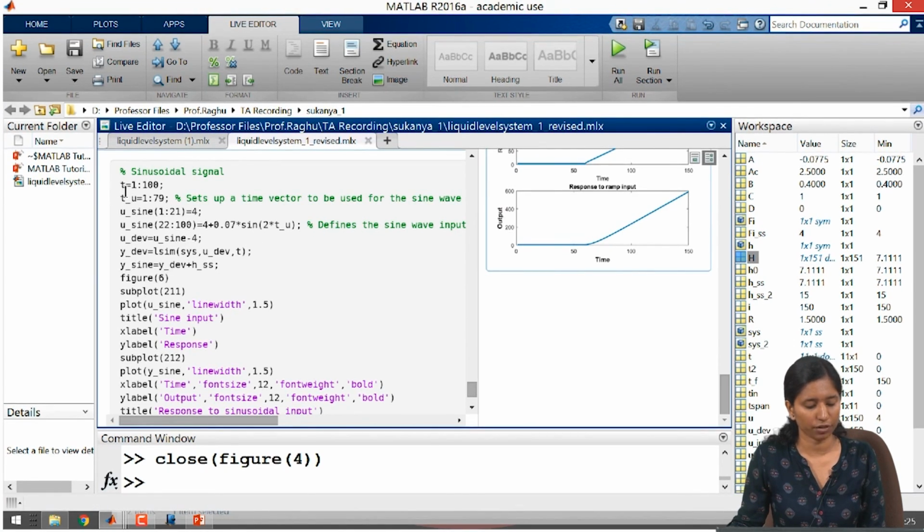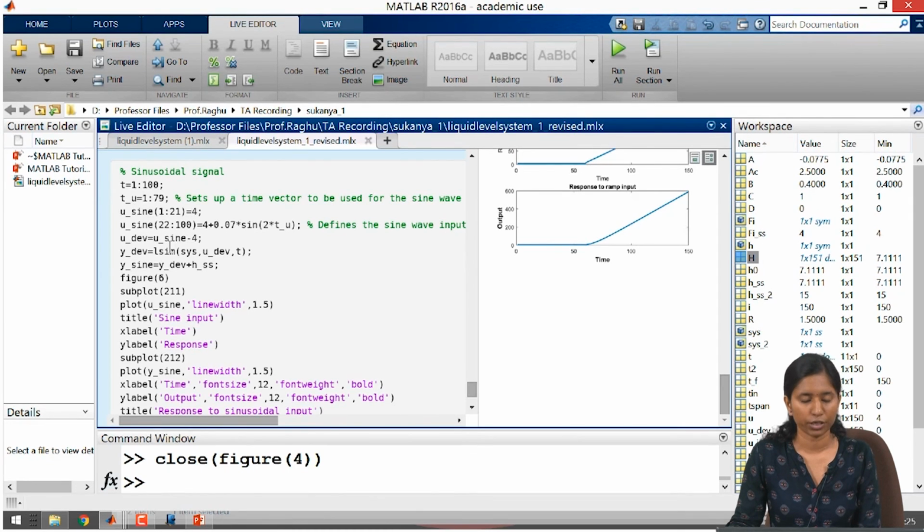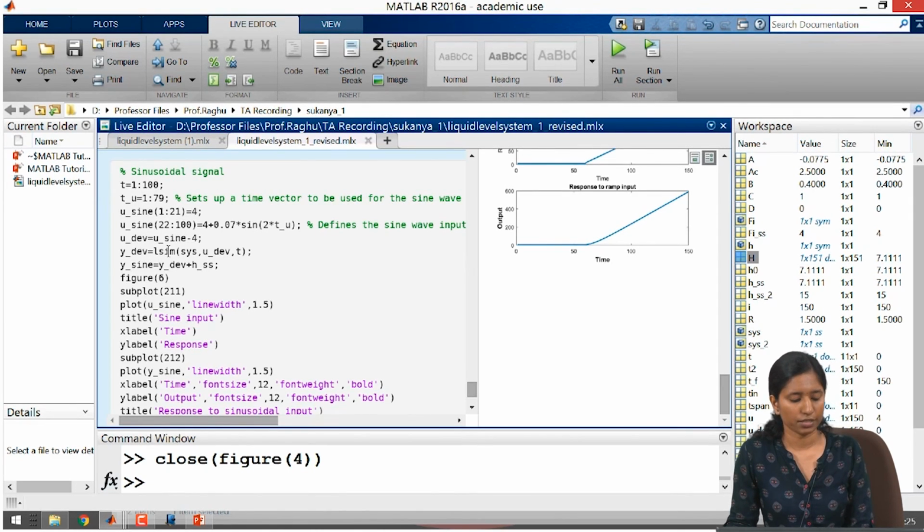Finally, let us see how the system behaves when a sinusoidal signal is given as an input, and we can define the sine wave in the following manner. Till the 21st sample it is a steady state value. At the 22nd sample I have given a sine wave, which is a sinusoidal change in the input. The amplitude of the sinusoidal change is 0.07 and the angular frequency is 2. I have defined the time vector in this step. Again I have to subtract 4 to put it in the deviation variable form, then simulate it,